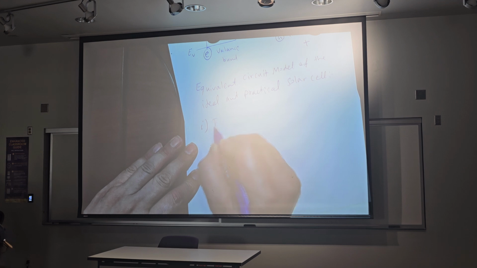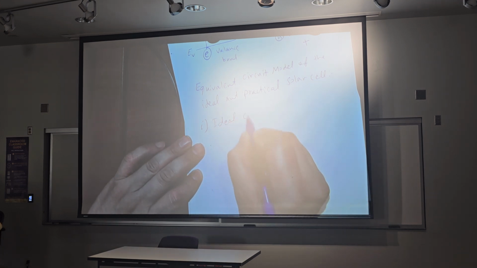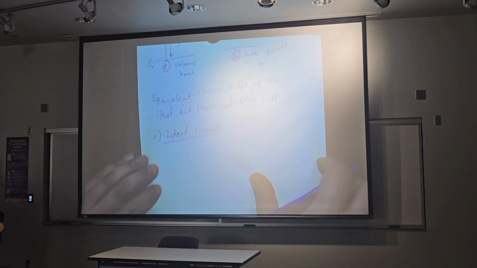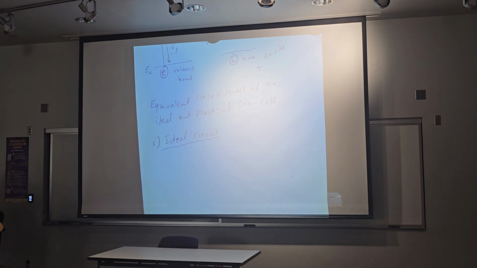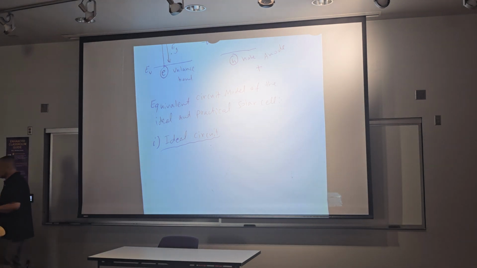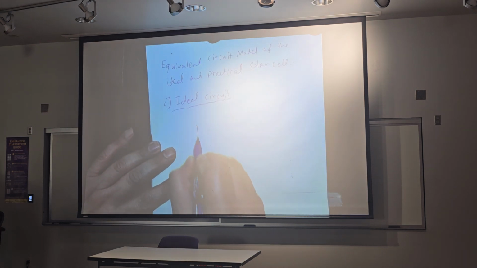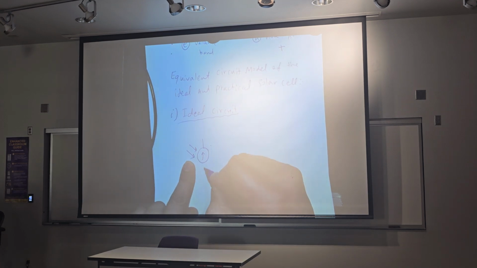First circuit, ideal circuit, and we will know what the difference is between ideal and practical circuit. For ideal circuit, see, this means the